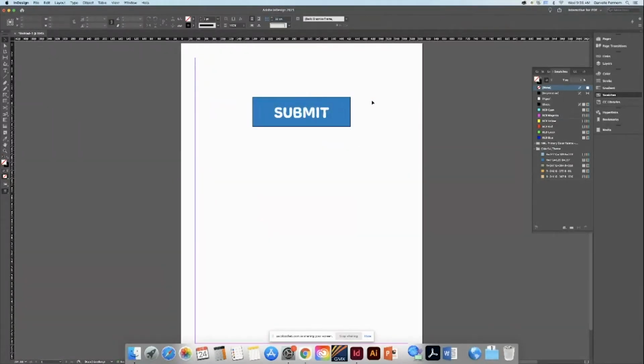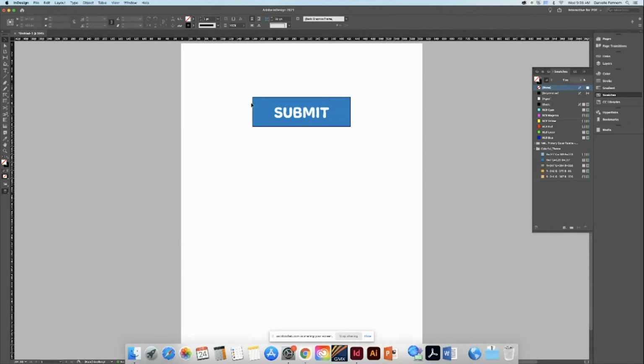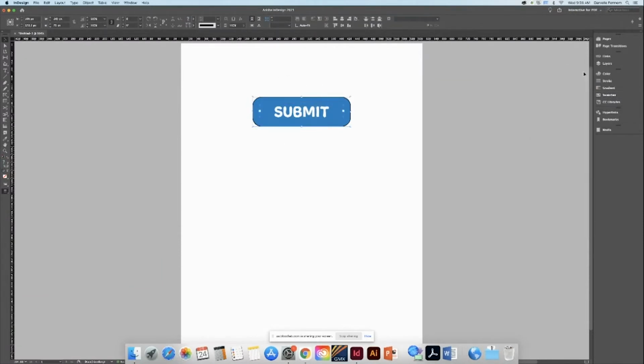All right, so we've got just the basics of what we would need for a button. Of course, we can make it as cool and interesting as we would like. And then we can turn it into a button. I want to just show you the basic way to do this first, and then I'll show you how we can use those pre-formatted buttons. So the key here is that we